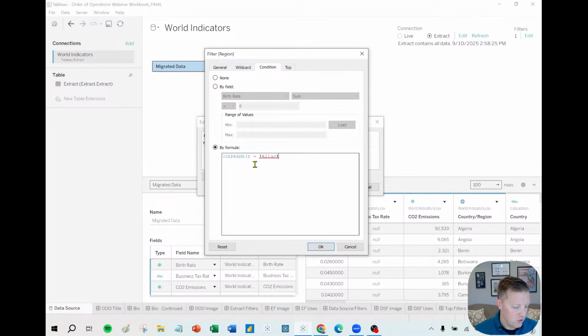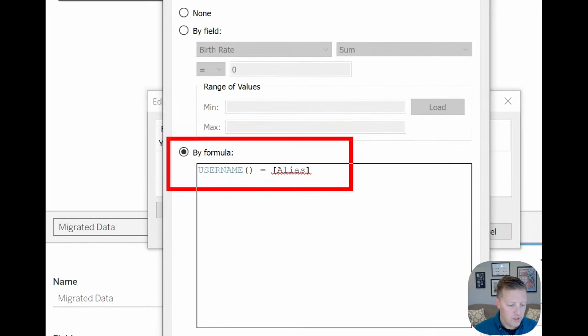So this is not going to work because I don't actually have a field called alias, but this is a sort of simplified version of what Tableau calls row level security, right? So for example, I come in here, all the rows of data from the West region, there's a column associated with that says alias Eric.Parker. So when I log in, it auto filters down to just the data from the West region. But when Kirk logs in, all the rows from the East region have an alias field that says Kirk.Olson. So when he logs in, it auto filters to the East region and he can't see my region, the West region. So that's a really practical use case of a data source filter, is just limiting what data is visible